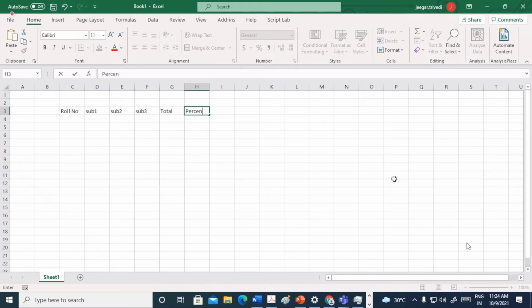Very easy. And let us take 1, 2, 3, 4, 5. Some marks I'm considering out of 100. Any marks randomly I'm putting.